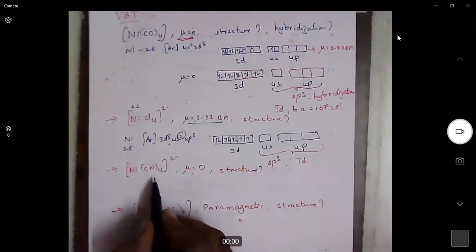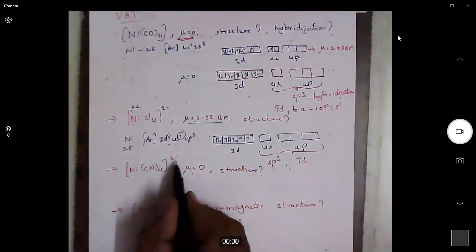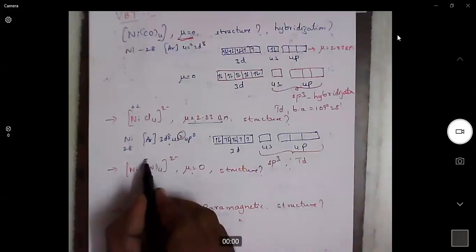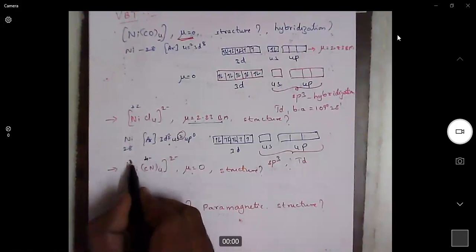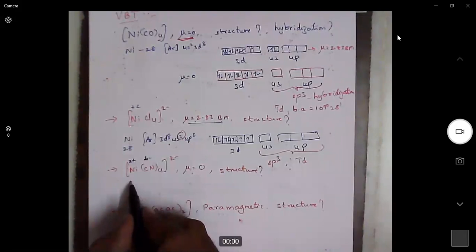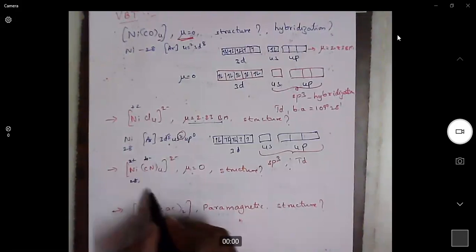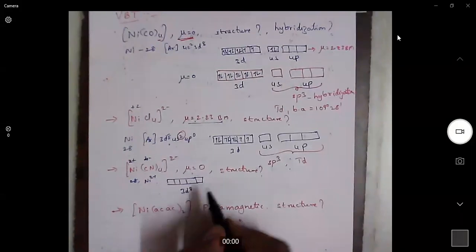In the tetracyanonickelate complex, cyanide has a -1 charge. So there are 4 of -1, but overall it is 2 minus. That means nickel should be in +2 oxidation state. Nickel, atomic number 28, in +2 oxidation state will be 3d8, 4s0,